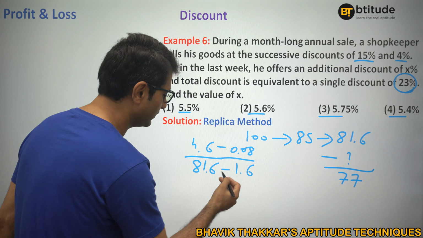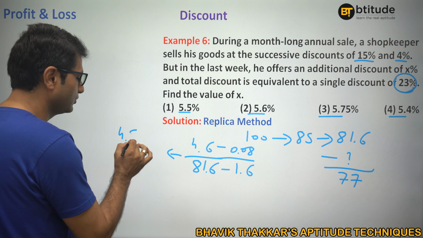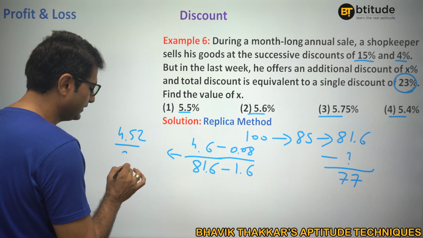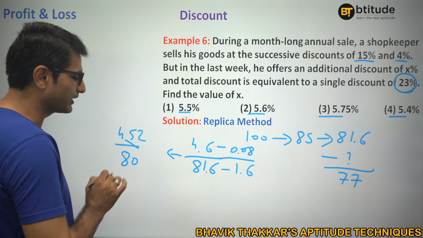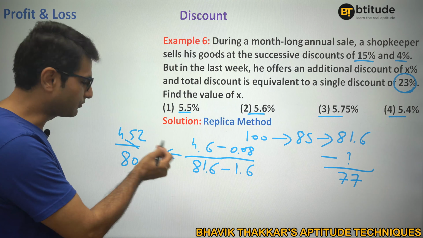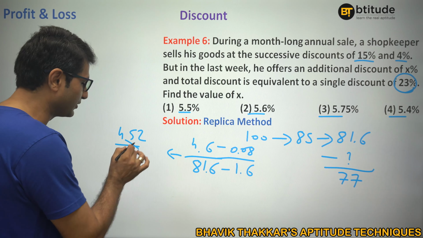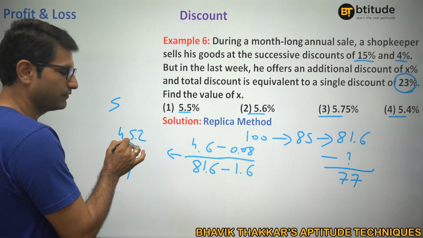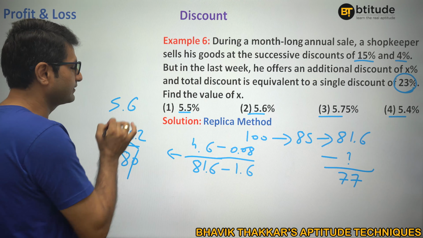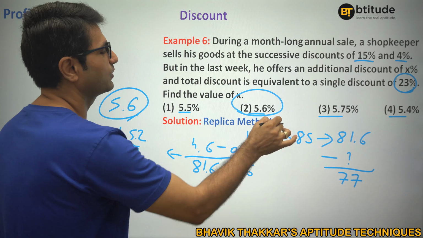Now, what will be the numbers? Now, it will be very easy. 4.52 divided by 80 multiplied by 100. When I will multiply it with 100, this point will get cancelled. 4.52 into 100 will be 452. 452 divided by 80, all of us can do it easily because 0 gets cancelled. Point is here now. 8 5s are 40, 5, 52, 8 6 are 48. So, it is 5.6%. There you go, right?